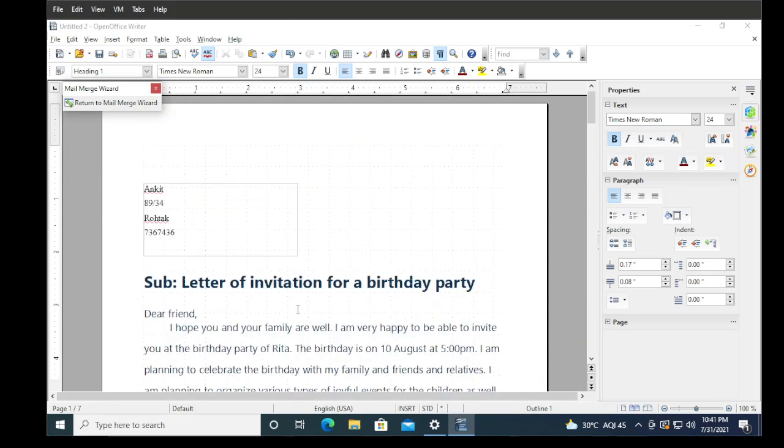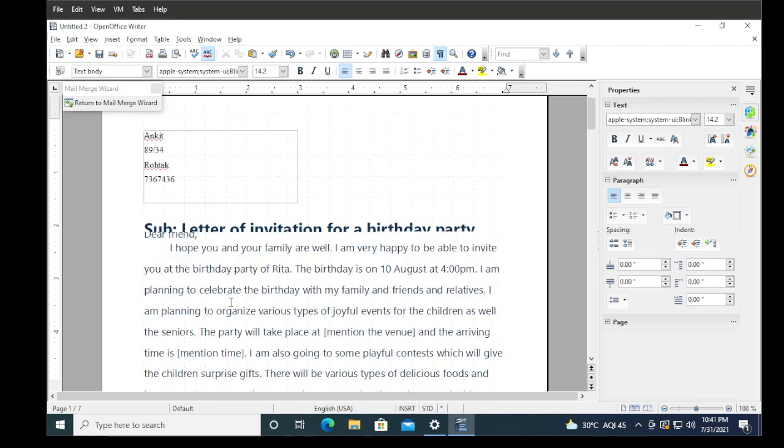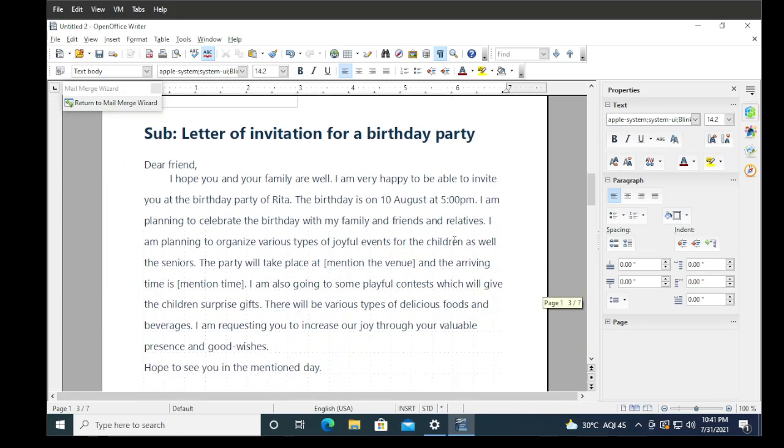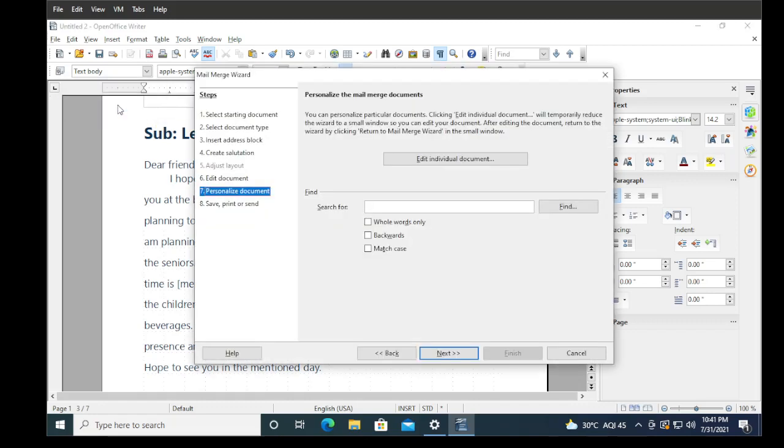So this is called your mail merge. Here is our address from the database, this is our text document, the main document, and we merge them in a particular document, so this document is known as the merge document. But I want to change the time to 4 p.m. Now you can see this 4 p.m. is changed only in the Ankit letter. I want to see the Sumit letter here. So this is the Sumit letter, and you can see here it is still only 5 p.m. So if you want to make changes for a particular individual, you can do it from here, and after that again click on Return to Mail Merge.